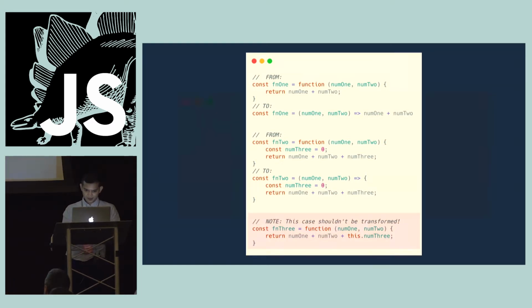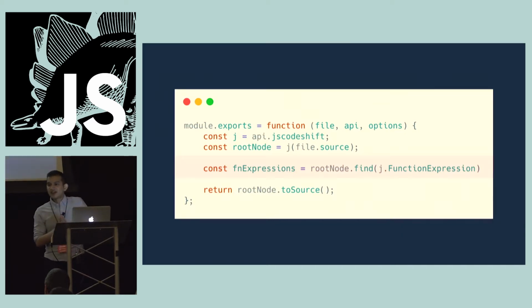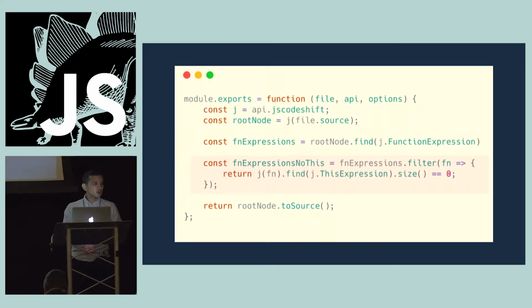So first thing we need to do is actually grab all the function expressions in our file. So we're going to find all the function expressions. Find is a method that is exposed by JS CodeShift on collections. And we can figure out the name of that type by using the AST Explorer tool from before. So we're going to find all the matching nodes that are function expressions, and we'll access them through this fn expressions or function expressions variable here. It's a collection of path objects,